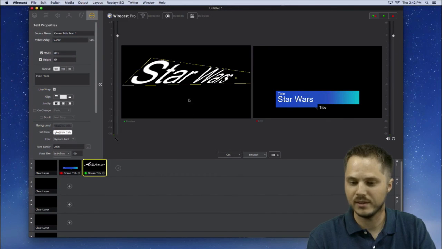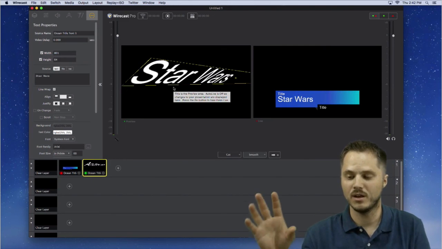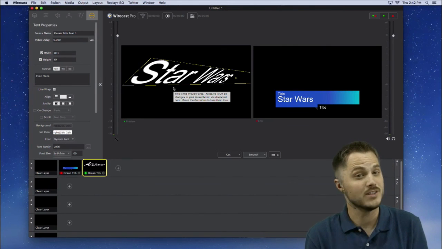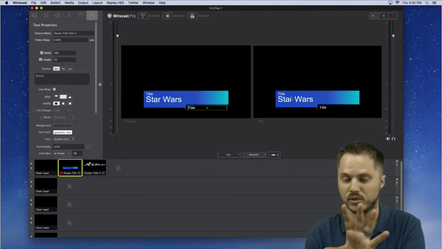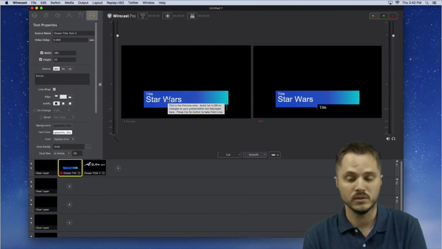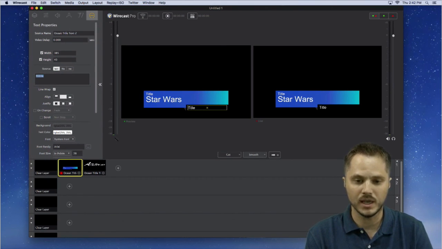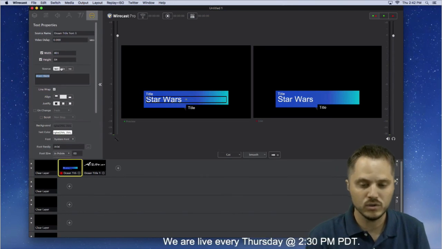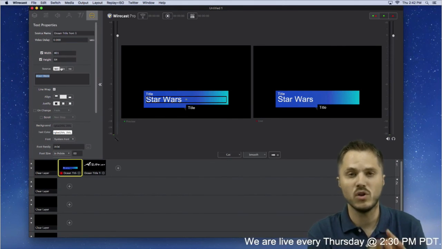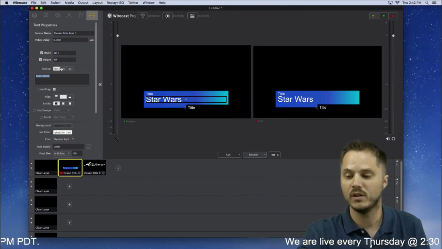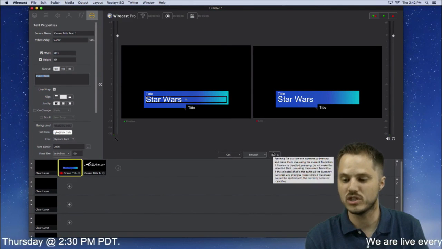Keep in mind also that there are no preview changes. Before, changing text was not live. It wasn't a live feature. So I could have the same text in both the live window and the preview window, and I could change it in the shot editor. I could go in, making sure I've got the right one selected here, and I used to be able to change all the styles. I could make it large, and I could change the color. I could do all kinds of crazy stuff to it, and the live window would not be affected. Over here, the text would remain the same until I took those changes live.